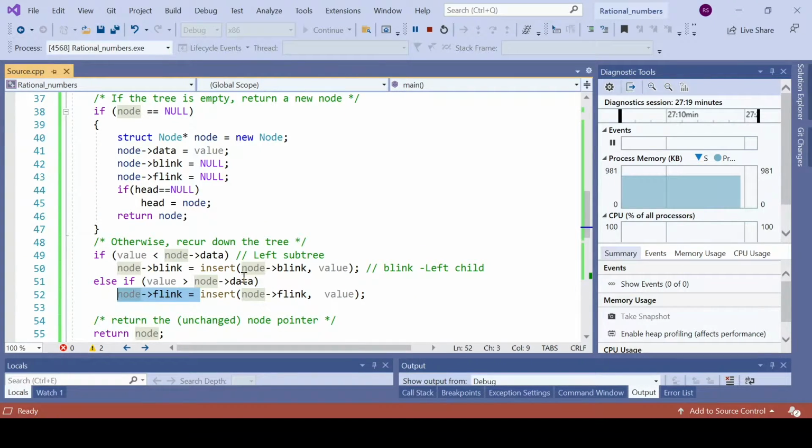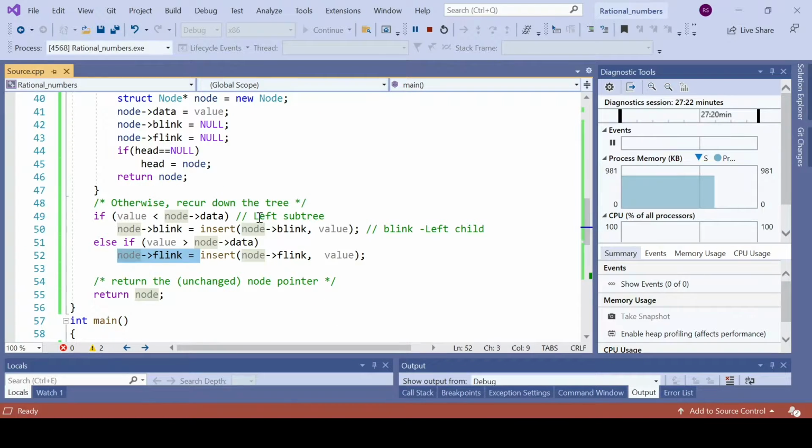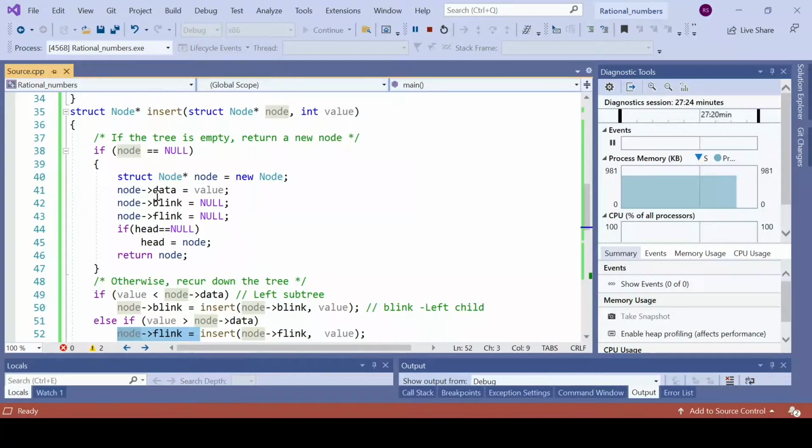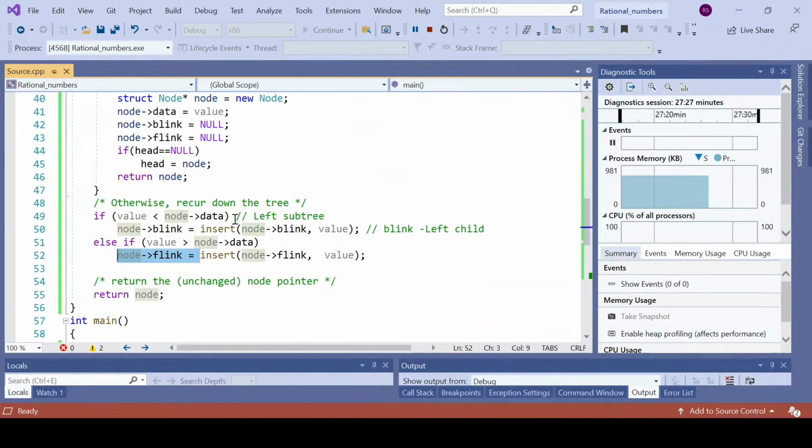If you send one more value to this function, the same thing will happen. It will check whether it is greater than or less than the root, and then it will go on to check recursively. This evaluation will be made recursively for every level. After checking with the root node, it will go into the left child or right child and do the comparison again. And if the left child has one more child, it will go to that child and make the comparison. So this recursive call will end only when it reaches the leaf node.